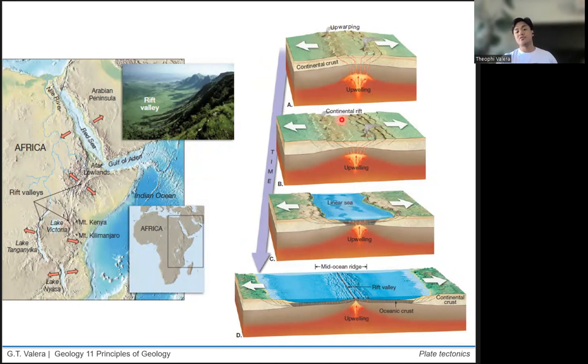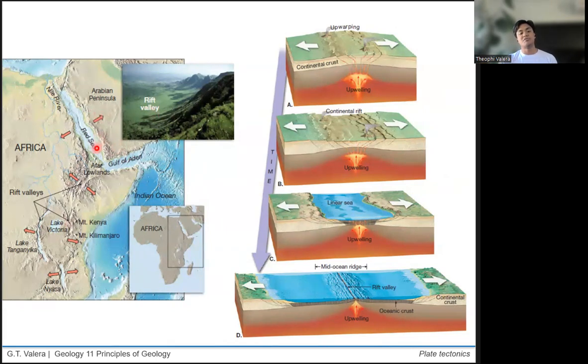Others contend that it's the other way around. The movement of the continental crust actually causes upwelling, much the same way na kapag you have water, kunwari sa timba, in a giant lalagyan, for example. If you move your hand across the topmost portion of the water, then it will cause the upwelling of material from sa ilalim. So, baka daw ganun naman siya. It's the reverse. Either way, kung ano man yung nauna, yung plume or yung action ng rifting, in both cases, the result is the same.